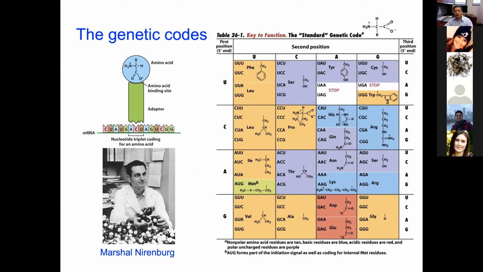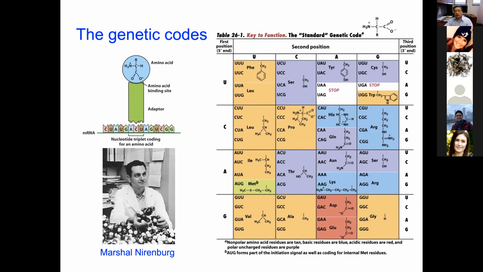leucine, the first 2 letters are the same. The only difference between them is the last one. So that means if, for example, there's an accident and the codon for the leucine residue changes at the last position, it will not cause a mutation of the amino acid, because these 4 codons all code for the same amino acid. And for most of these amino acids that have multiple codons, you see the first 2 letters are the same, but the last one is different. So these are some of the properties of the genetic code.